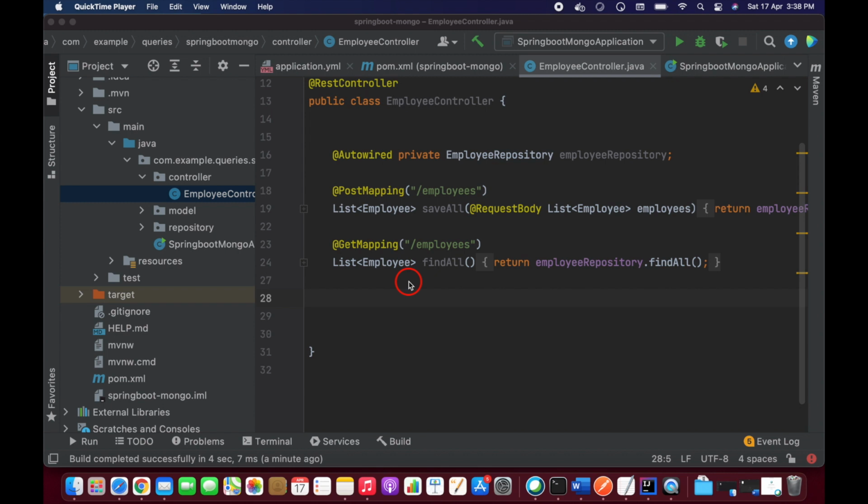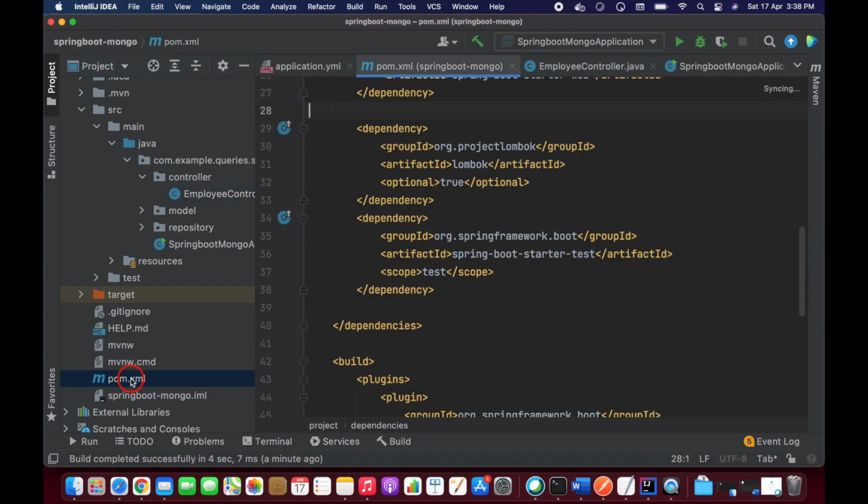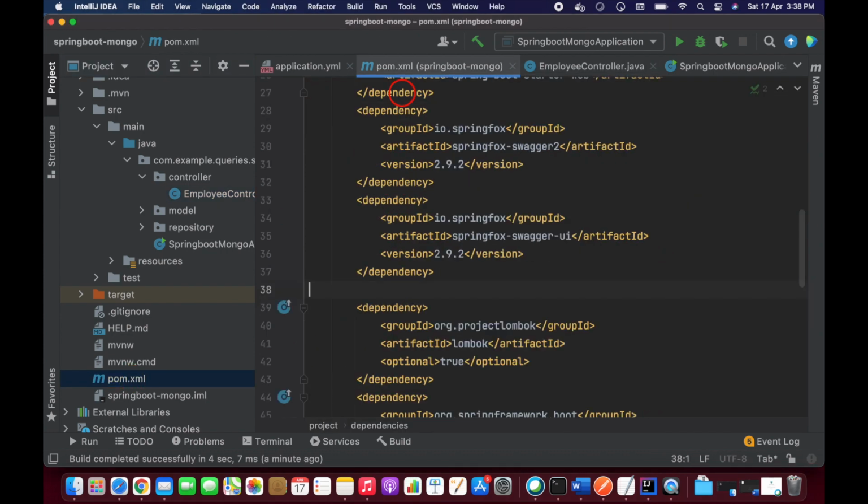Okay guys, let's add a Swagger configuration here. I'm going to use the Swagger configuration for the endpoints. Let's open the pom.xml file. Here you can add the Swagger dependencies. These two dependencies are required: Springfox Swagger 2 and Springfox Swagger UI. Let's save this, and after that we need a Swagger configuration.